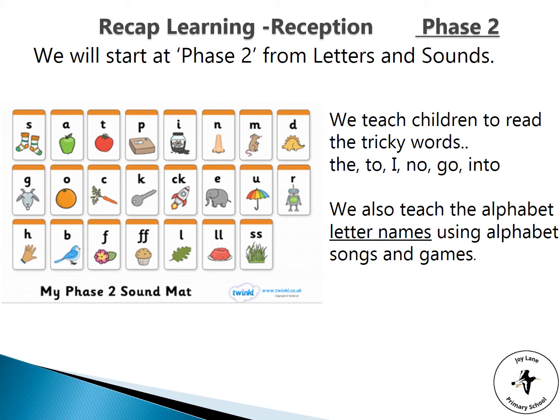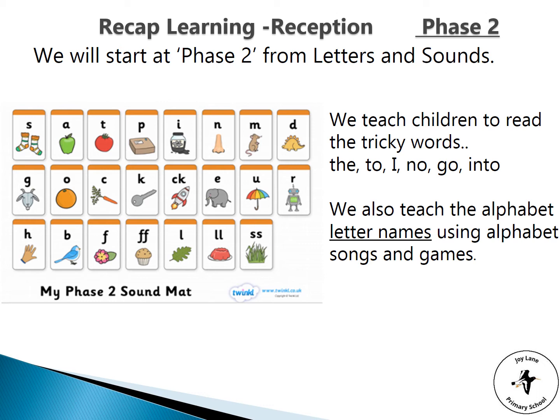And the reason we teach these 6 sounds first is despite there only being 6 letters, you can actually read quite a lot of words using them, so the children can begin to practice their blending skills. We can do sat, we can do pin, we can do tap, we can do tin, we can do pit,